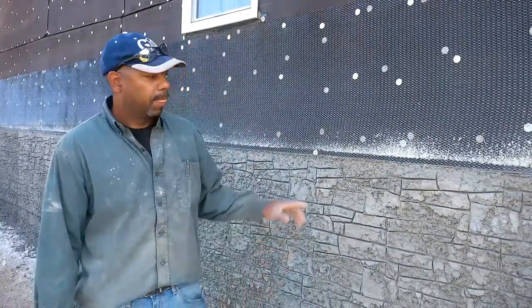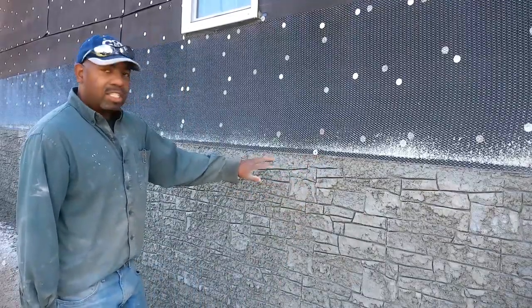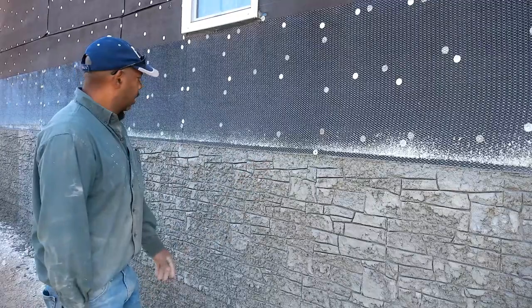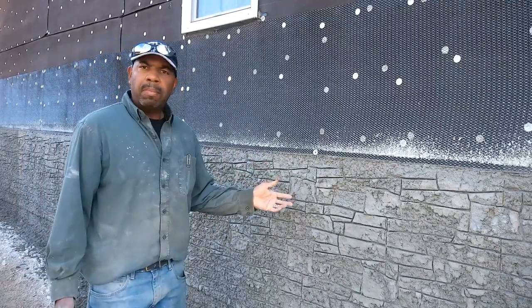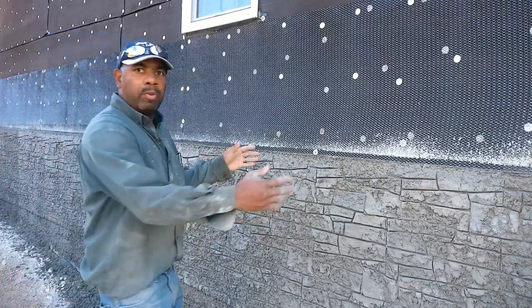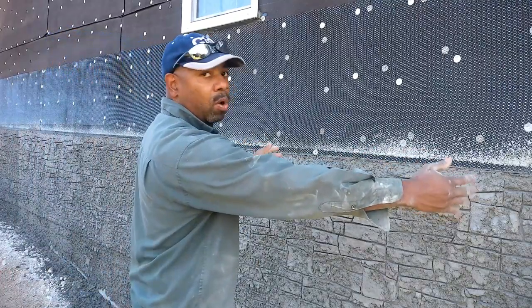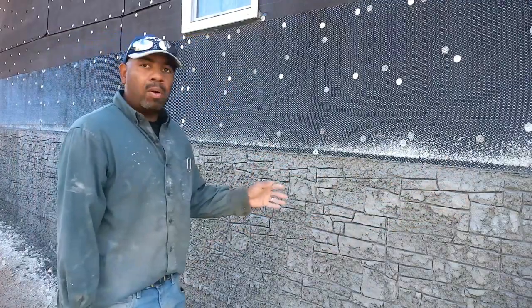All right, folks, I'm a numbers person. I like to count the cost up before I do anything. What you see right here with this stacked stone look, I bought 8 bags. It cost me roughly a little bit under $85. Versus if you bought the panels, one panel at the cheapest I've seen is $50. So you add all that cost up,